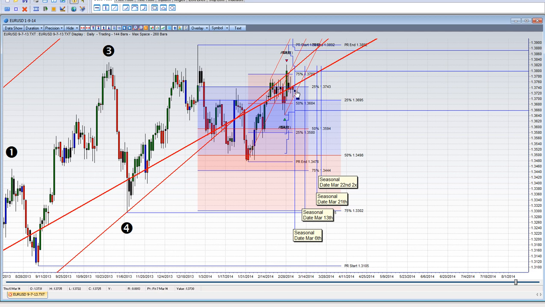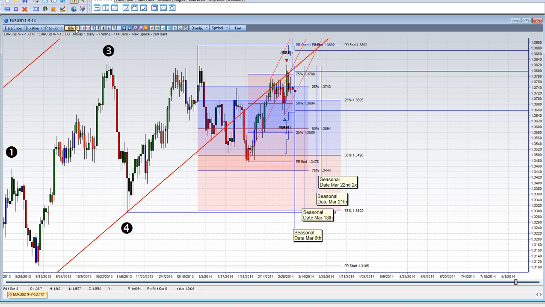Yesterday's low will probably be the low for now, and this should probably continue pushing higher again. And this is just my opinion. This is just me kind of forecasting and seeing if my calculations are working or not. The 6th is here, seasonal date. The next will be the 13th, but